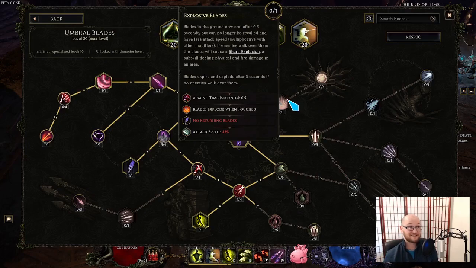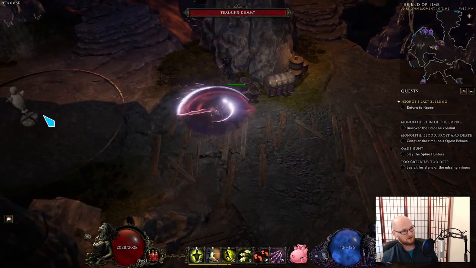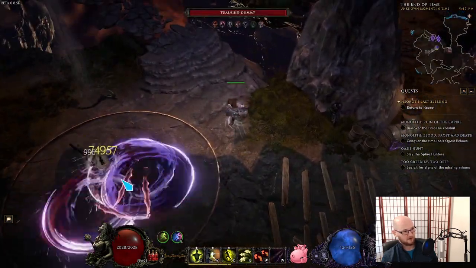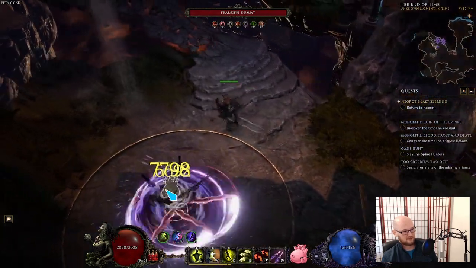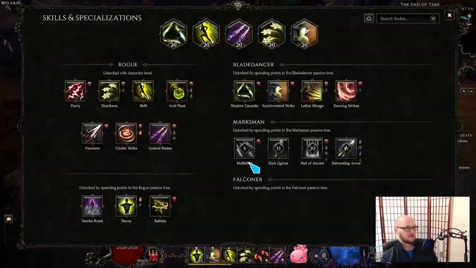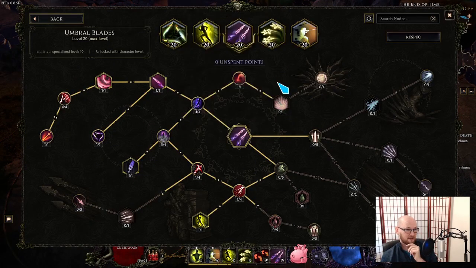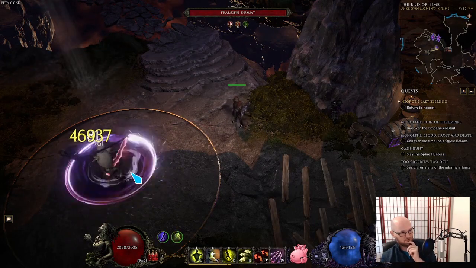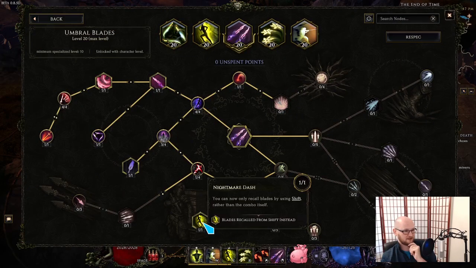Oftentimes I see people putting points into things like explosive blades so that the blades no longer return to them. So what I would like to do is, every once in a while, if I need to throw an Umbral Blade out, I also don't want those Umbral Blades ever to return to me, because I want the blades to sit on the enemy for as long as possible. So I would like to disable the blades returning to me. On the other hand, if I take explosive blades, then the blades won't be spinning for as long as possible, and I want them to. I didn't want the Umbral Blades to return to me, so I took this node down here instead, this Nightmare